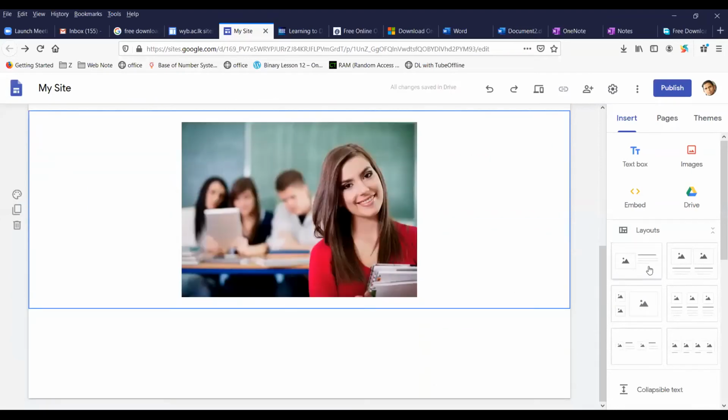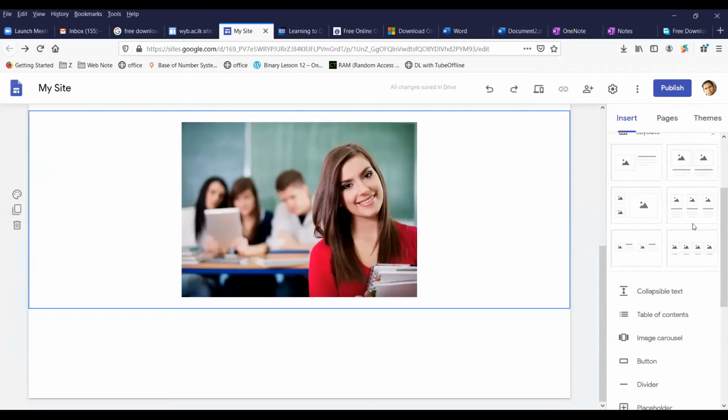Again, these are the other modules we have in this Google Sites application. So you can see here at the right corner. So this is image, title, and description. Image, like 3 images and titles and descriptions. So here you can see one image, a title, and a description. So here you can see 4 images and titles like that.